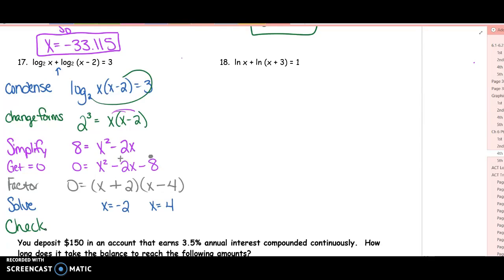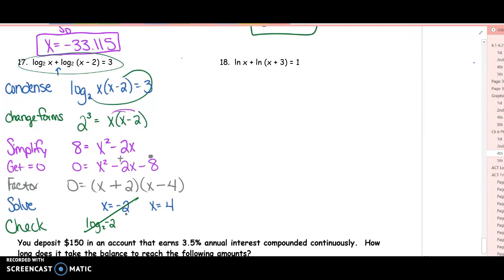So take a look at the original equation. We have log base 2 of x. If we plug in this negative 2, we'd have log base 2 of negative 2. Can we plug a negative number into a log? We cannot do it. That solution, x equals negative 2, creates a mathematical scenario that can't happen, so that is